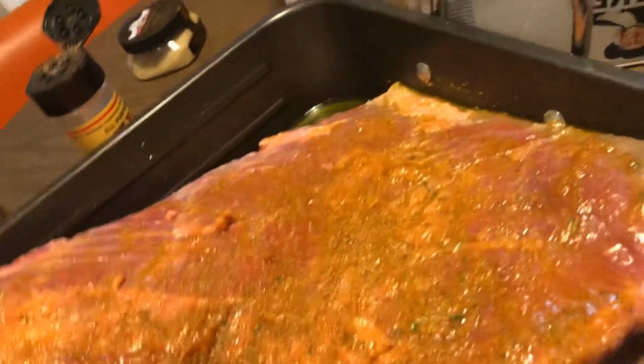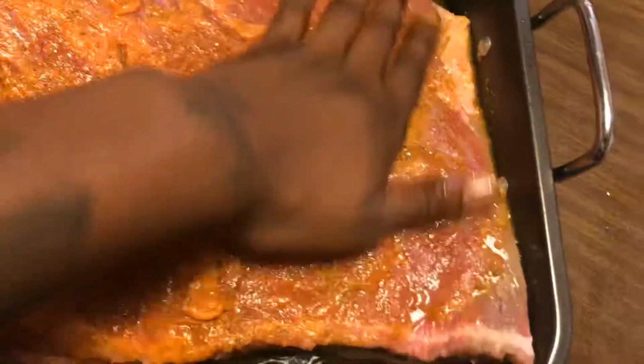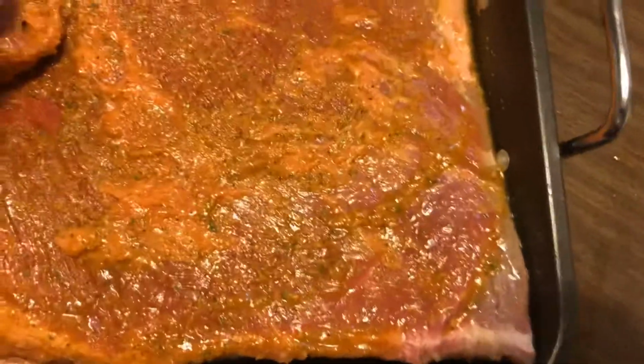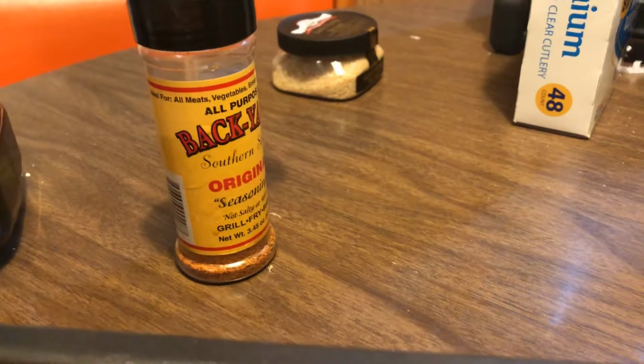I think I could cut a little bit off. I'll get my parchment paper and I'll go ahead and cut some off. But this right here, what I can say, I do like to use that backyard. Any type of backyard original grilling season, I'll go ahead and give that to you. That's great. I use olive oil because this olive oil right here, it actually